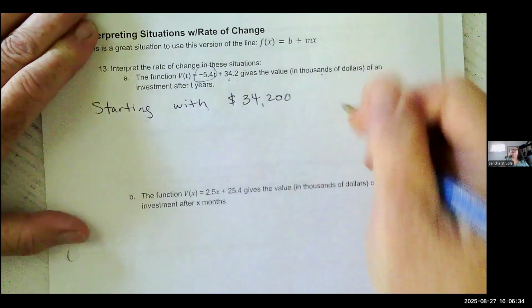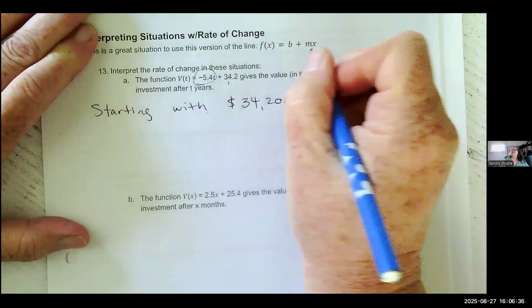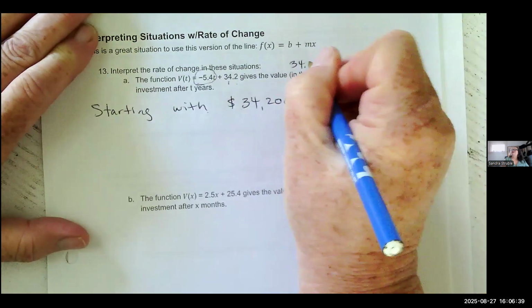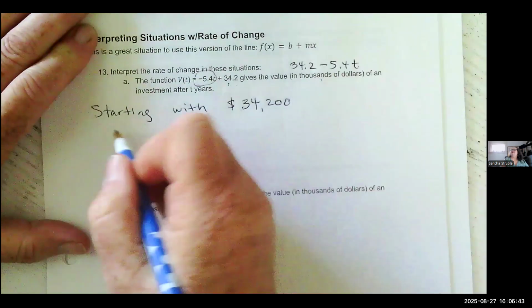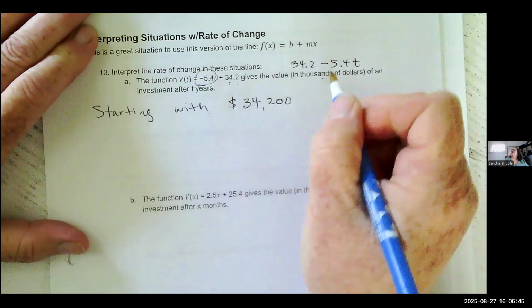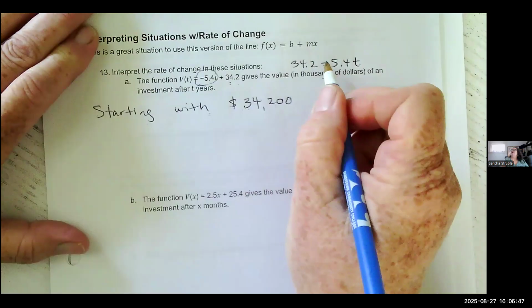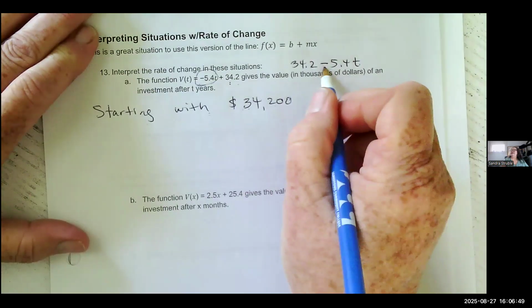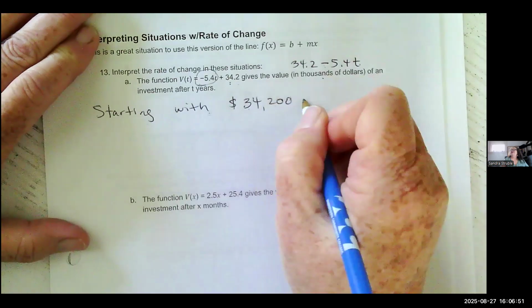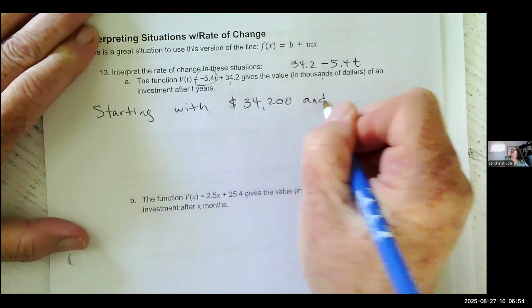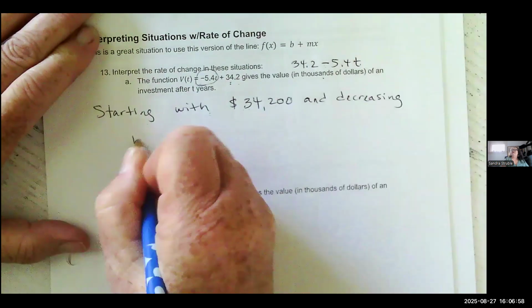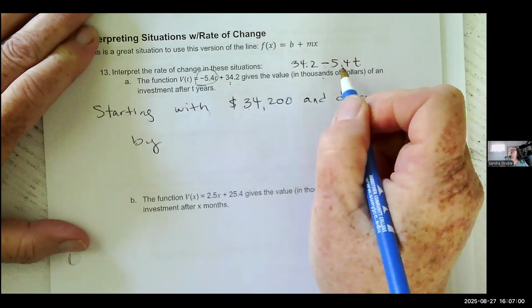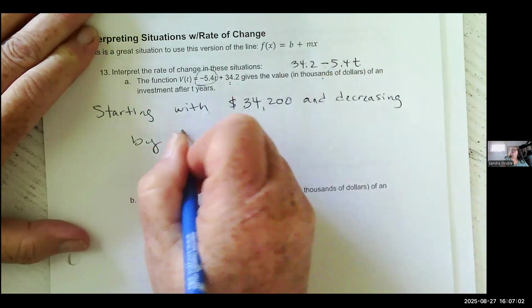And I know this because if it were written like I did, it would be 34.2 minus 5.4t. So starting with $34,200, it's losing or decreasing by, again, thousands of dollars, $5,400